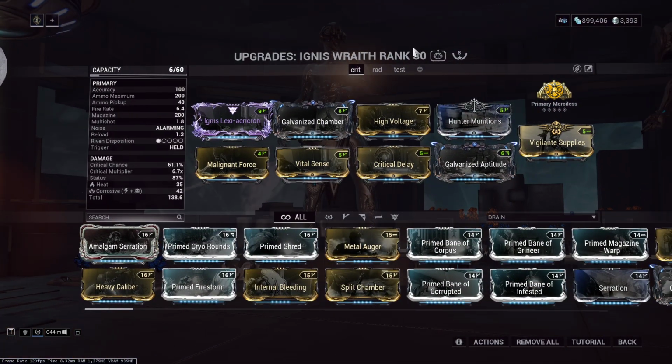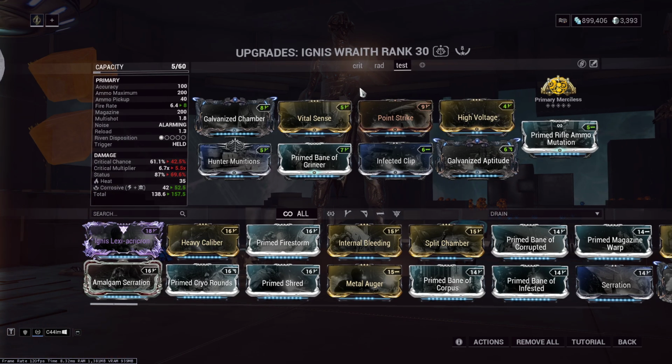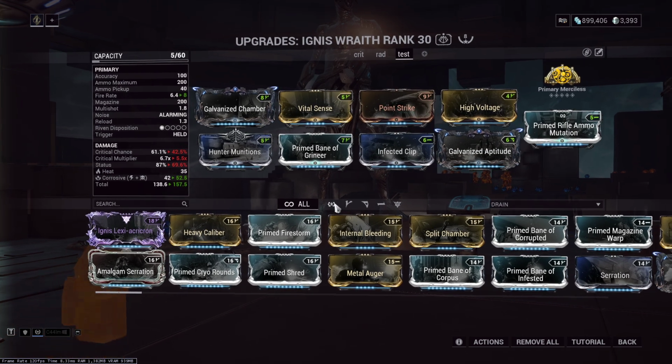Couple of different scalings. Base, star chart, nice little easy build. Transferring from base star chart to Steel Path, get those galvanized mods. Pay attention to Barrow with the primed faction mods and rifle ammo mutation. Even though it seems like it's a lot of endo to dump into something, the fact is when you compare